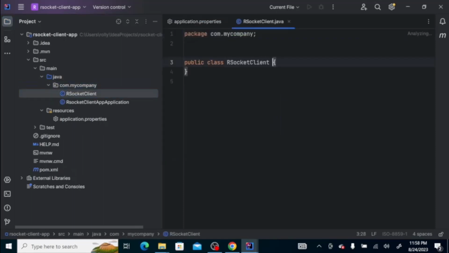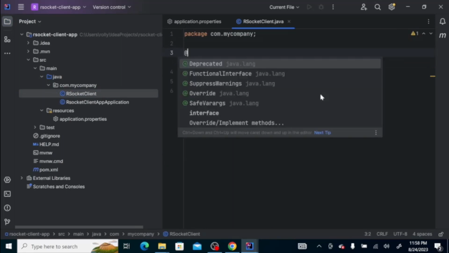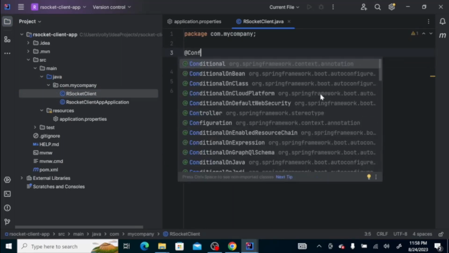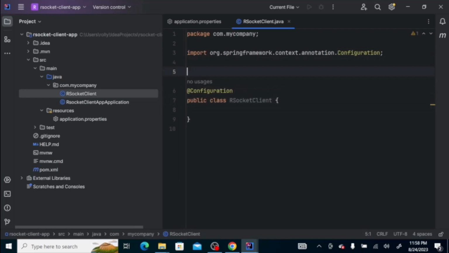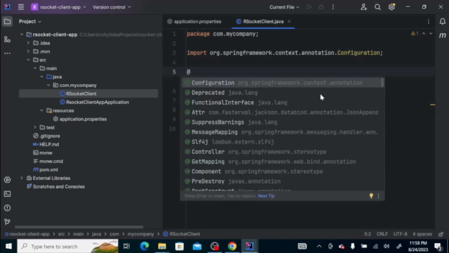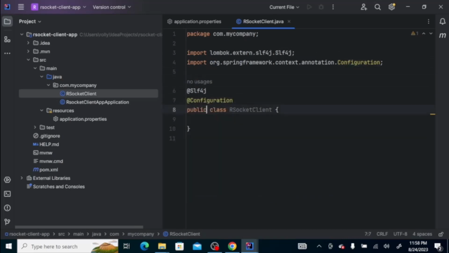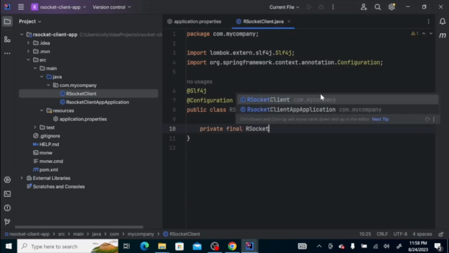Let's name it RSocketClient, and this is a configuration. Also, we'll use SLF4J for logging. Private final RSocketRequester,